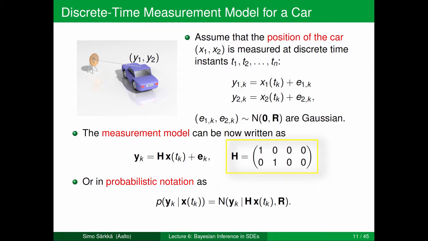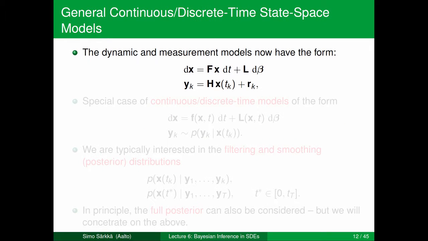And in probabilistic or Bayesian notation, this model is quite often written as: the probability density of y_k given x at t_k is equal to the Gaussian probability density for y_k with mean H times x of t_k and covariance matrix R. Our model now has this kind of form. So we have a dynamic model which is a linear SDE, dx = F x dt + L dβ, and a measurement model y_k = H x(t_k) + r, which is a